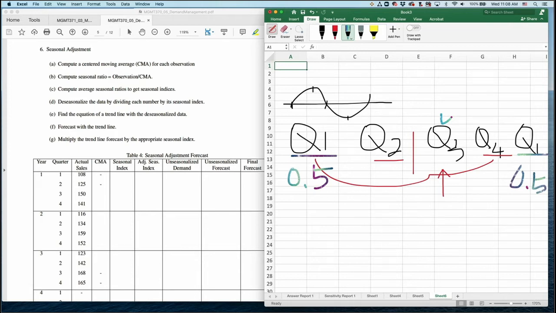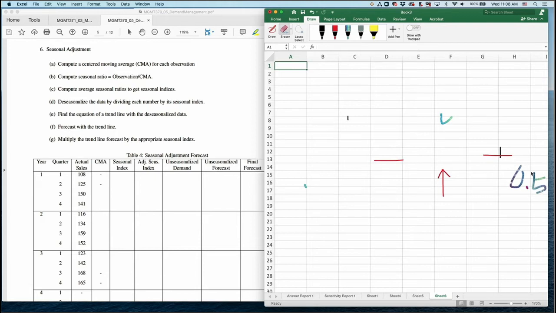So with this seasonal ratio, we can compute the average, that is, the adjusted seasonal factors. Then now we will add all this information, and then we can compute this CMA, centered moving average, and the seasonal index. So let me start. So here we have Q1